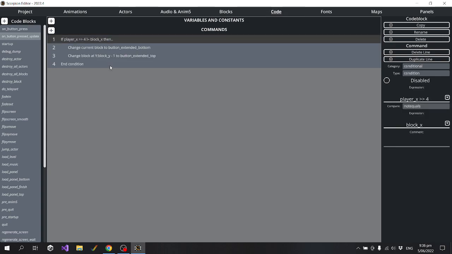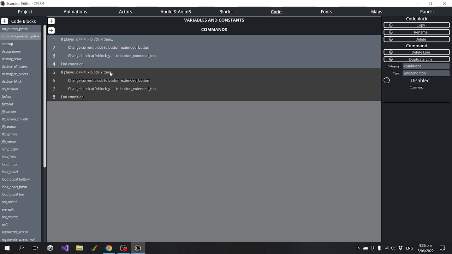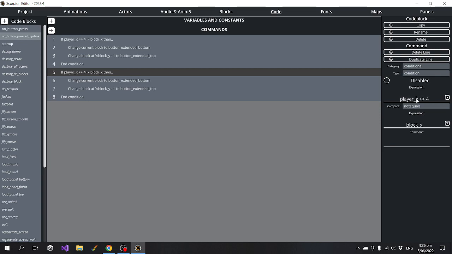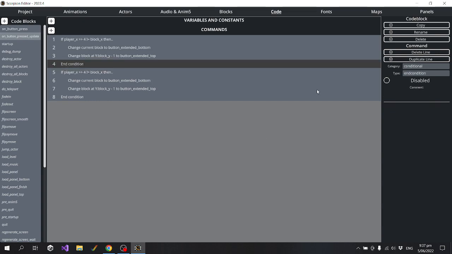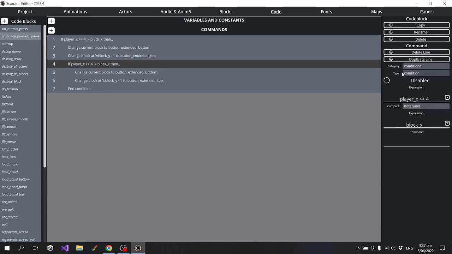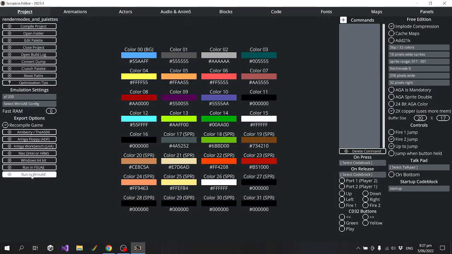And that's fairly easy. So I'm just going to copy and paste that logic again, and I'll make this an else if. Else if player Y is not equal to block Y -1. So if we're no longer on the top block,